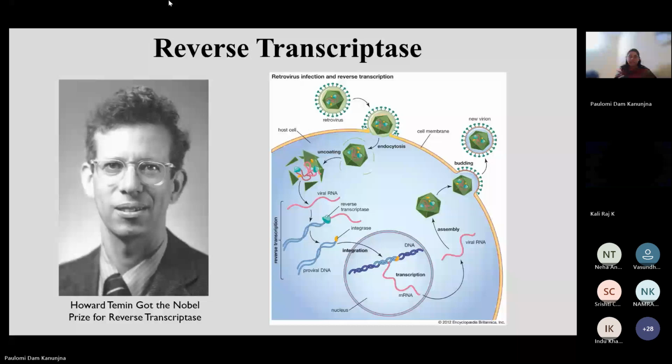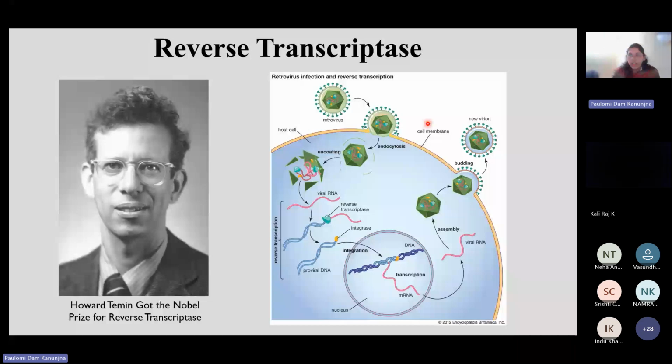Then what he did, he understood that these RNA were getting reverse transcribed into DNA, and that DNA was getting integrated into the host genome. You see how beautifully this entire mechanism has been evolved in nature. So you have these retroviruses, their RNA, they will first enter the host cell,